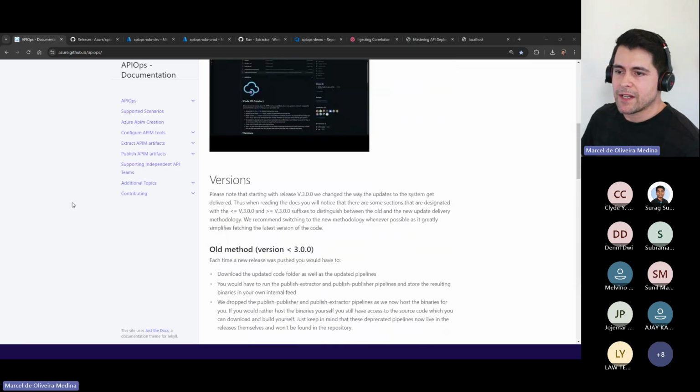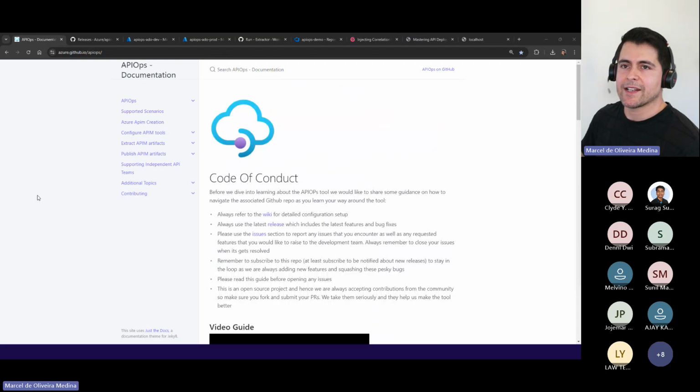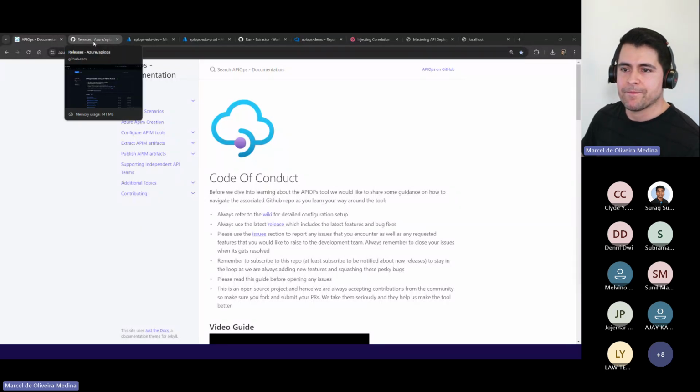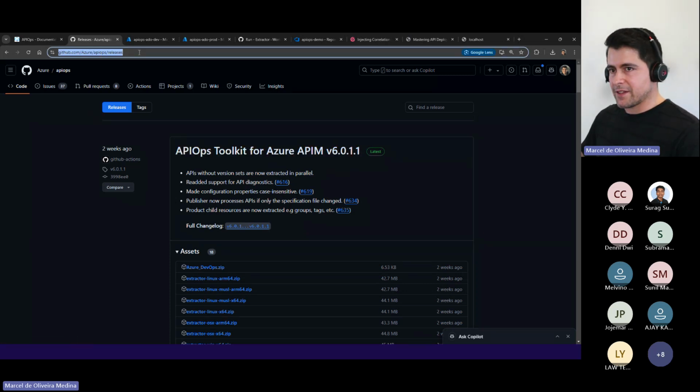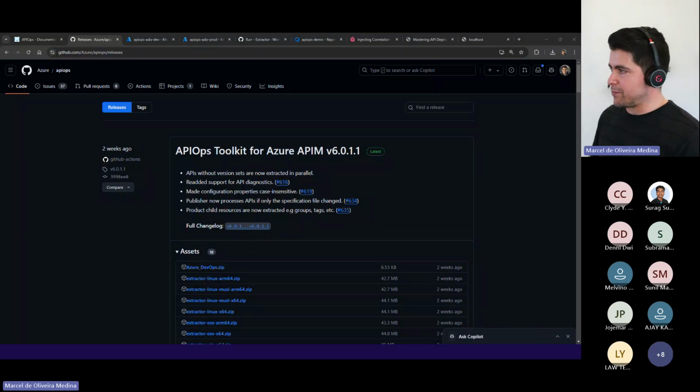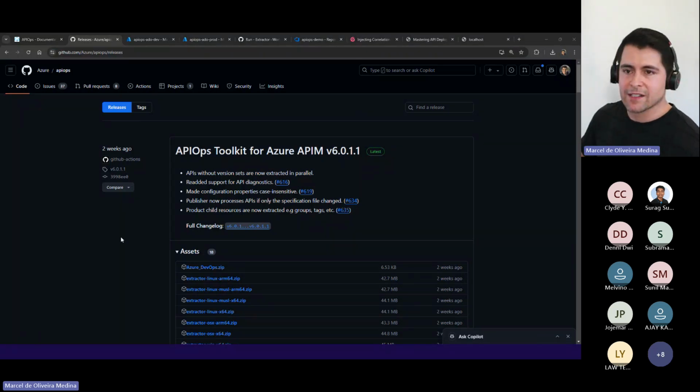It can be a little bit dense, but on this slide, I have consolidated them. Everything that I mentioned, those slides are here, so you shouldn't have any surprise. Currently we are on this version. Under the release, everything that I have shared on the slides, I'm going to put in the chat so you have access to it. Currently, it's under version 6.0.1.1. It was released 2 weeks ago.